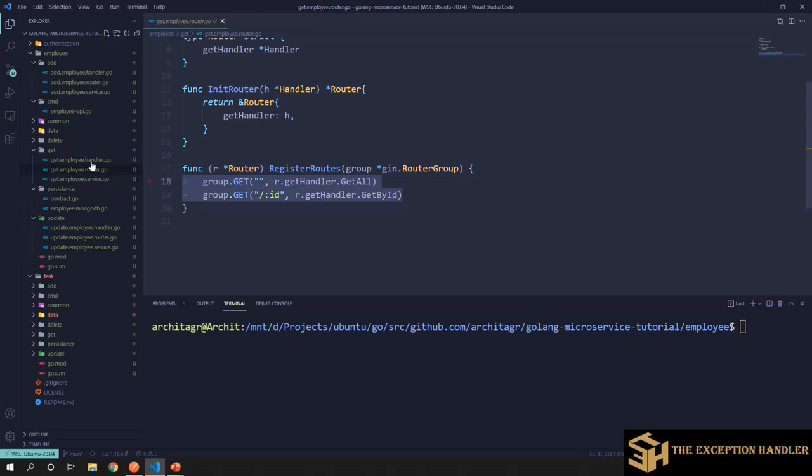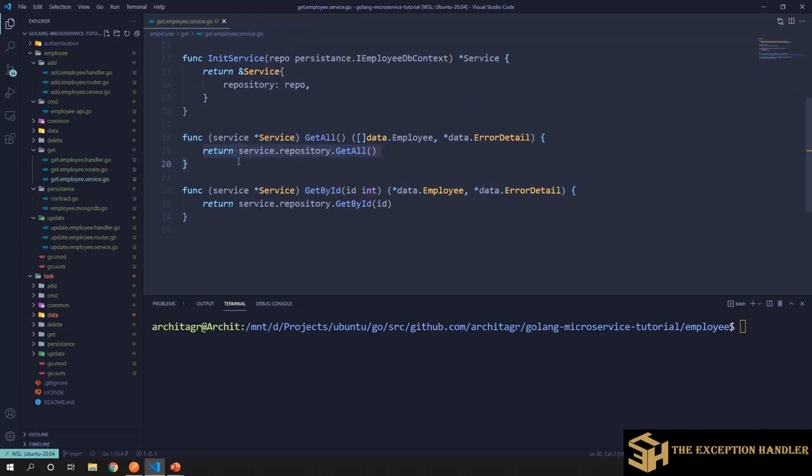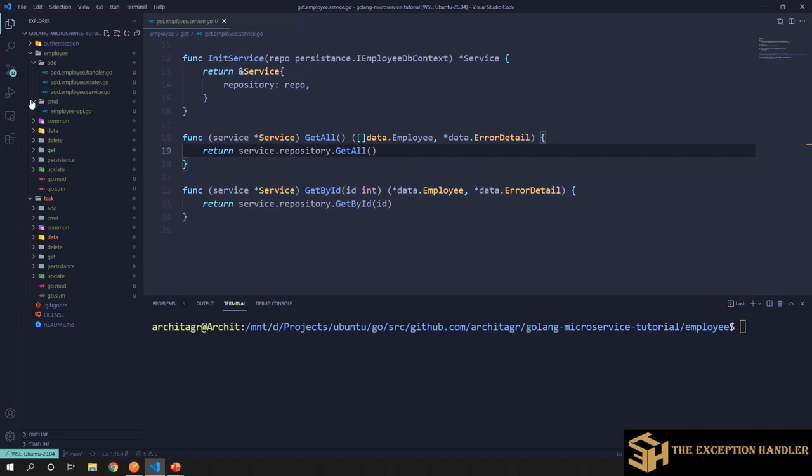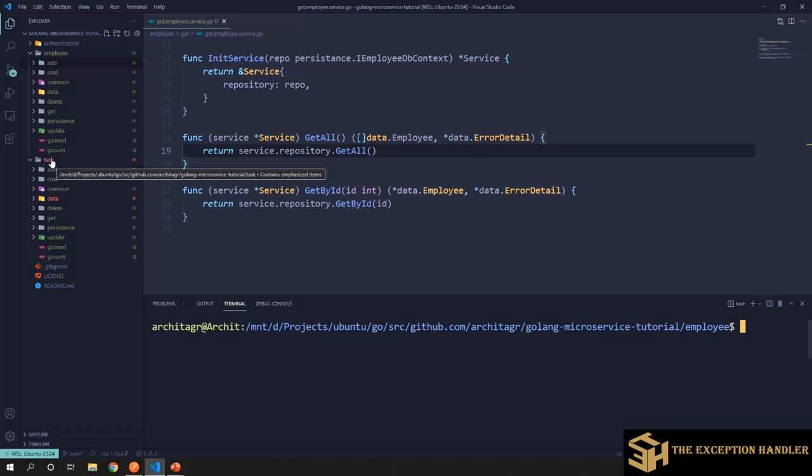Then this calls the handler, and the handler calls the service, which eventually calls the persistence layer, and in each service we are doing the same. Similarly our service gets built up, and the same pattern we have followed in the task service also.